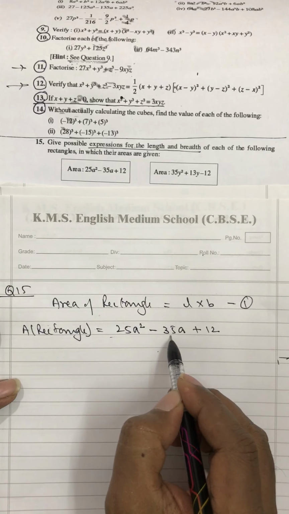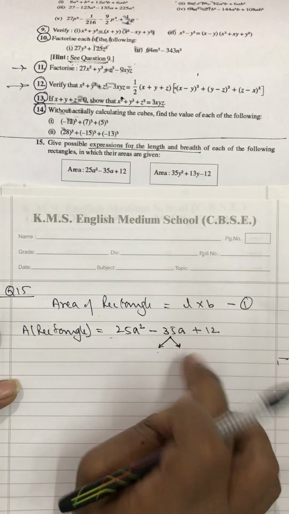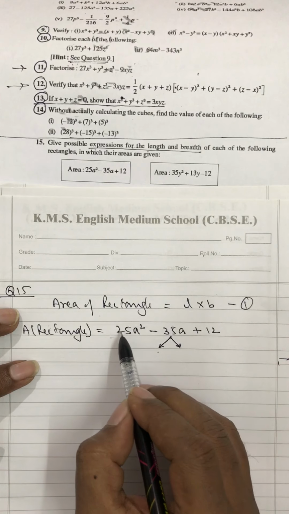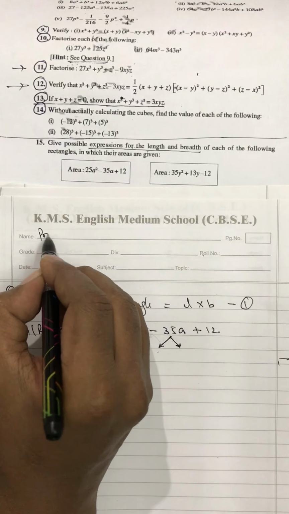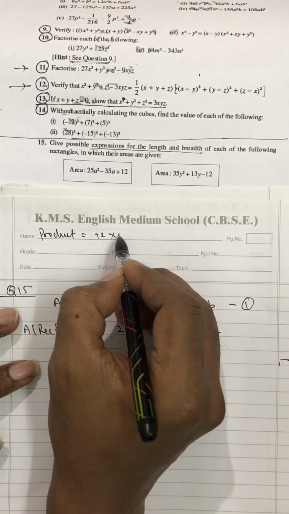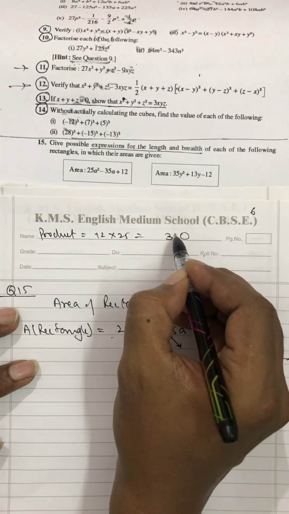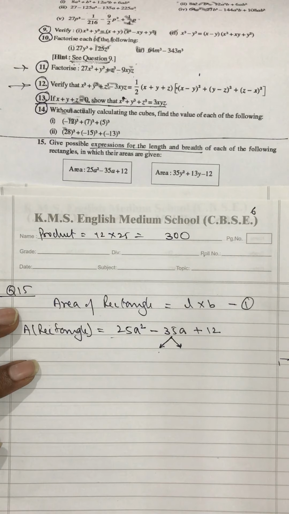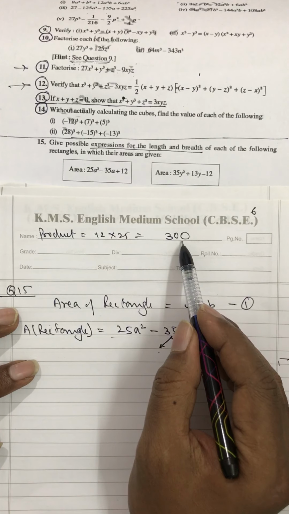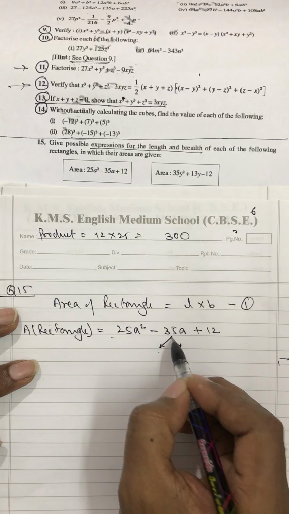Now you will have to split the middle term. We know the factorization we have done. This drawing I am drawing over here for your sake, but you are not supposed to draw this. When you have to factorize 25a square minus 35a plus 12, first you multiply 25 with 12. 25 into 12, 12 5s are 60, 12 2s are 24 plus 6, 300 is the product. Now I have to find two numbers whose addition or subtraction will be 35, not 300.